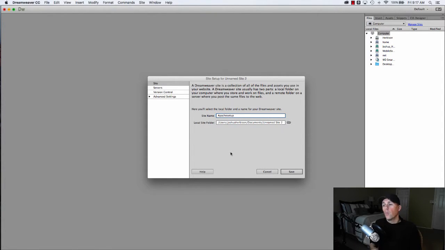But what I like to do whenever I name a site with Dreamweaver is I like to name it based on the local machine that I'm on. So right now I'm on my local machine. It's a Mac. I also have a Windows server. I have external servers. So I always like to put in the server name dot whatever it is, because sometimes I might build a site on multiple servers for different testing if I have different versions of PHP installed or something